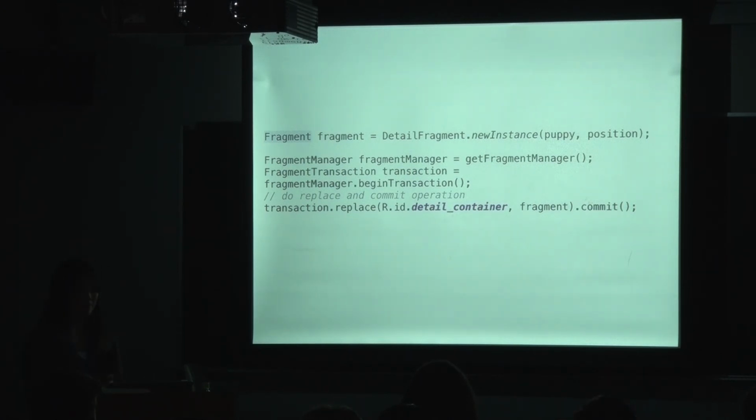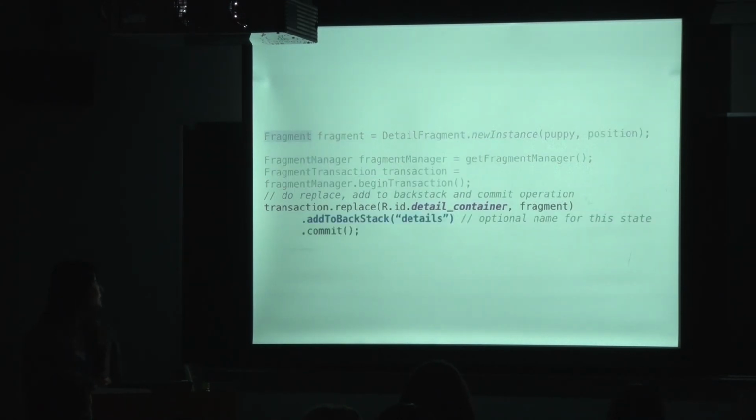Maybe you want to be able to allow the user to navigate back to their previous screen. We can achieve this by calling addToBackStack before committing the transaction. By calling addToBackStack before committing the transaction, we're telling FragmentManager, remember this transaction. We can optionally provide a name that represents this transaction state, which I have done. I just called it details in this example. When the user navigates back, the transaction is popped off the top of the stack, and whatever you did in the last transaction, the reverse would happen.